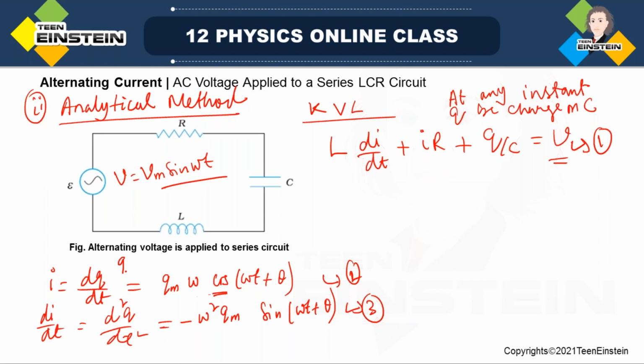What is q? We have got q = qm sine omega t plus theta. Suppose this is 2, this is 3, and this is 4. So these 2, 3 and 4 will be substituted here in equation 1. If you substitute, what you get is